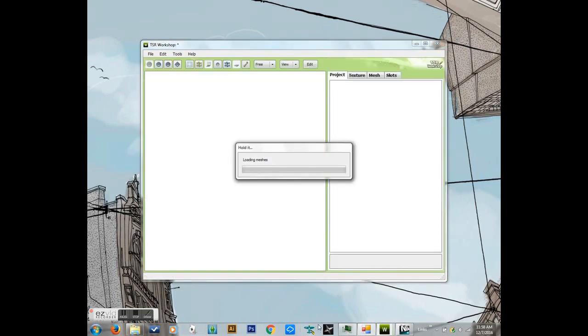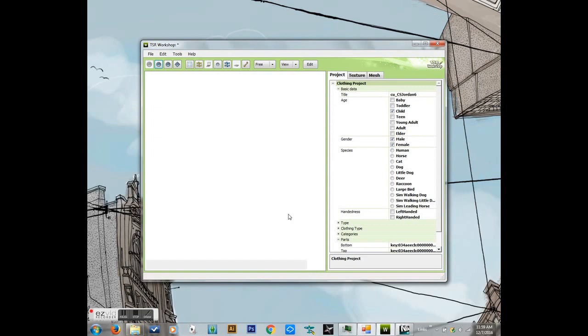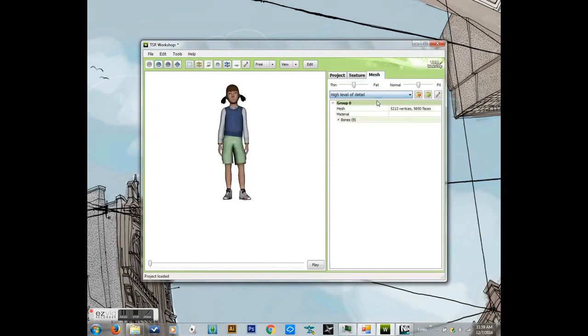Alright, so the only thing I need from this is the mesh and the multiplier file, because I'm going to be doing this from scratch for you guys, just to show you how I do it. Like I said before, I'm not an expert at this. This is how I do it. If somebody has a better way to do it, let me know. Alright, so I'm going to grab the mesh